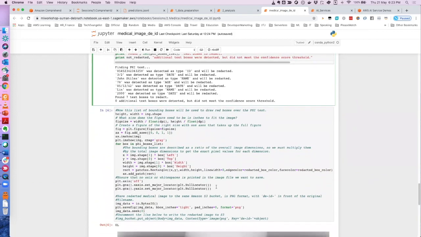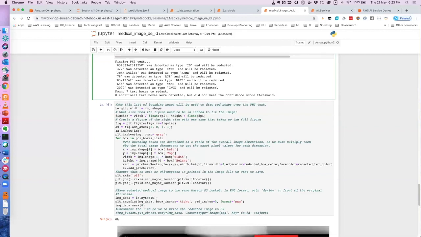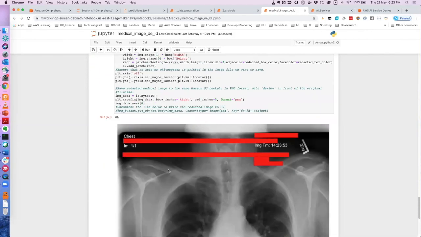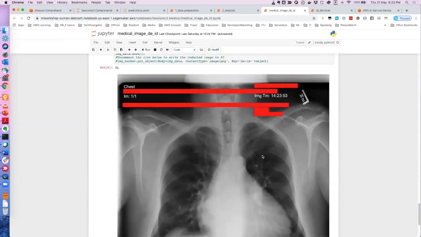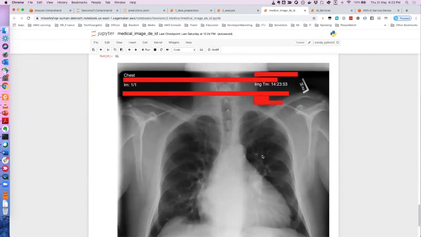This is nothing but some image processing modules, and then I'm just blurring all this text off. So now I can use this image for research. I can give it to the hospital and they can use it freely, right? Because to analyze your medical health information, you don't need the personal information.